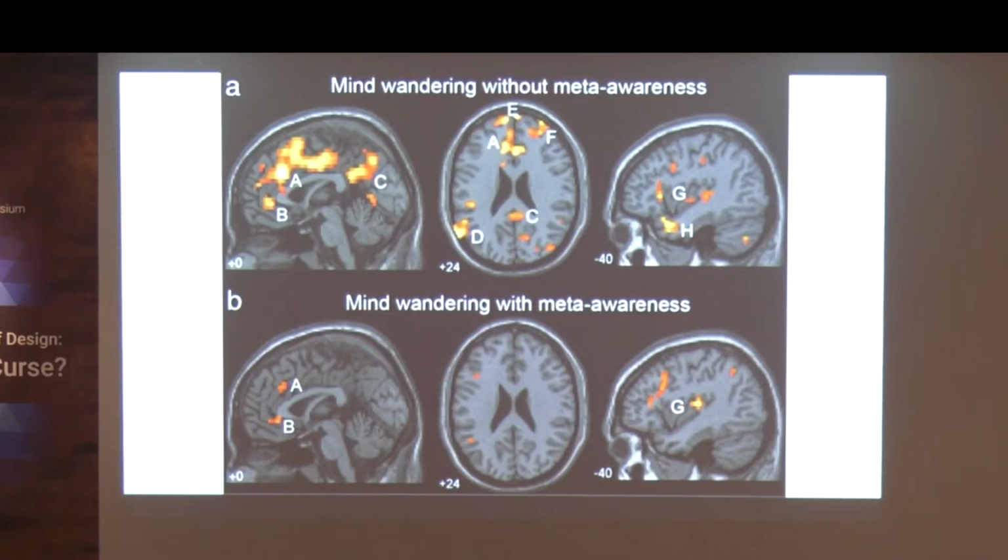It's not unitary. It has many components. It can be quite focused. If you're really thinking hard, it's not that you're letting your mind wander. And I think anyone who does design knows that you have to mind wander with a mission. So we decided to compare mind wandering, this is Julia Chow, with role playing, essentially empathetic